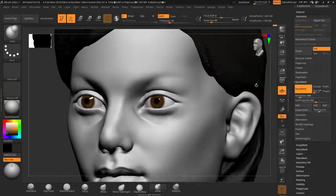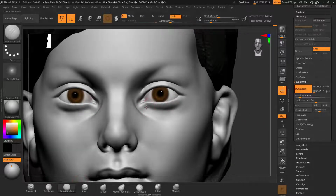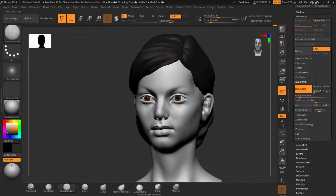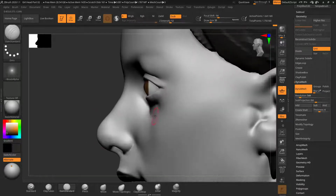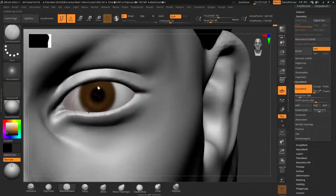As I have a little bit more polygons here, it's a little bit difficult, and I'm using my pinch brush again to refine the shape here. Let me use my damp standard maybe. So from this angle, the shapes need to be smooth actually. And make sure we have a defined